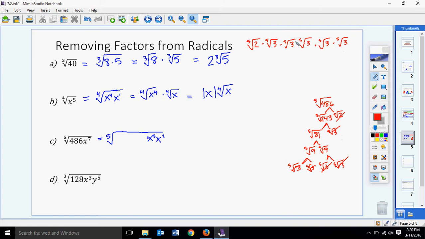So all of these 5th roots of 3, since they're being multiplied by each other, and there are 5 of them, I can write this as the 5th root of 3 to the 5th power, right? 1, 2, 3, 4, 5. That means to the 5th power if it's times itself. And then I have a 5th root of 2 being multiplied. So my 5th root and my power of 5 are going to cancel, and that leaves me with just a 3. So I have a 3 times the 5th root of 2,